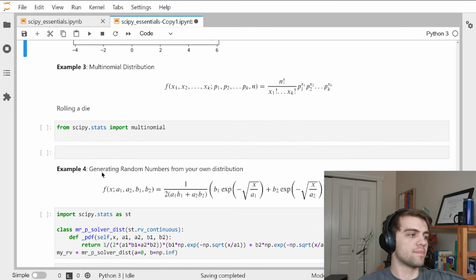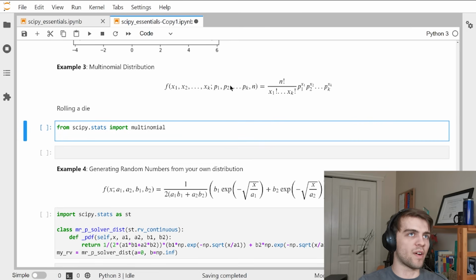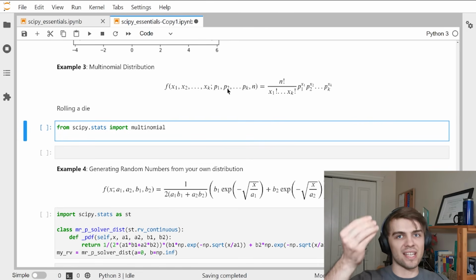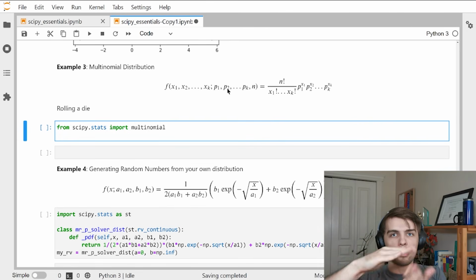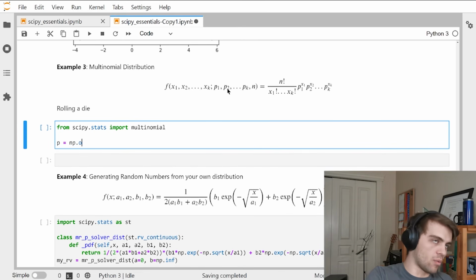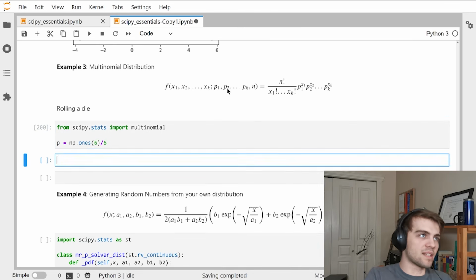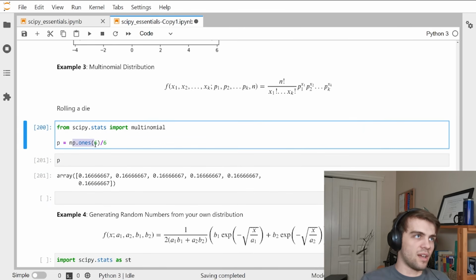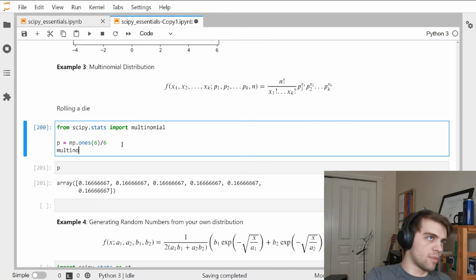So multinomial, right? Here I have to specify my probabilities. So if it's a dice, I have 6 probabilities. All of them are equal to 1/6. So for example, p is equal to np.ones(6) divided by 6. Right? See how quick that is, right? You just make an array of 6 ones and you divide them all by 6 and you get a bunch of 1/6. And then I can go multinomial